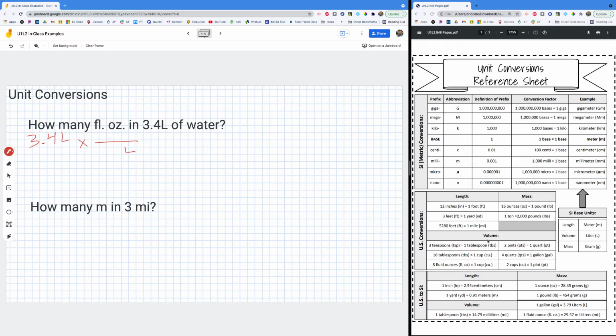That happens to be the easier one for this one. I know I want liters on bottom. I can't do anything with milliliters and fluid ounces yet, but I do know that I can go from liters to milliliters because those are both metric. So liters are base, so base to milli, right there, 1,000 milliliters in 1 liter. Then, according to this conversion, I've got 29.57 milliliters in 1 fluid ounce. Punch that in your calculator, 3.4 times 1,000 equals, divided by 29.57, equals